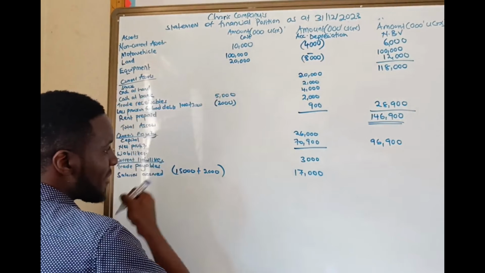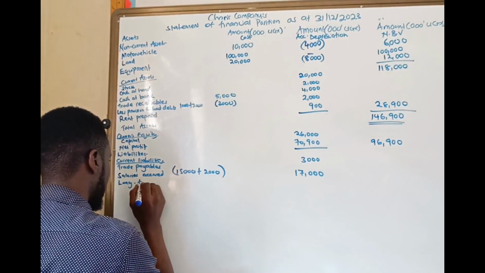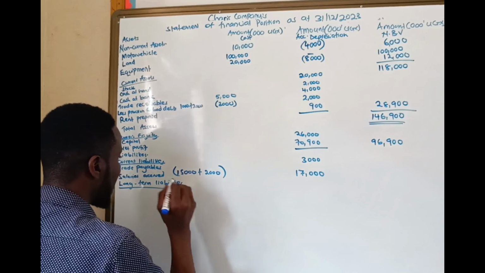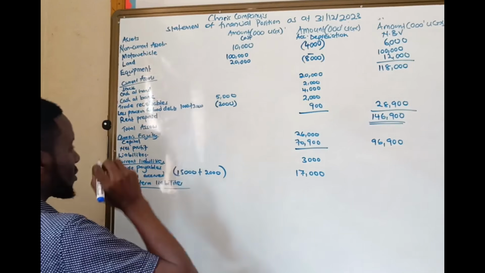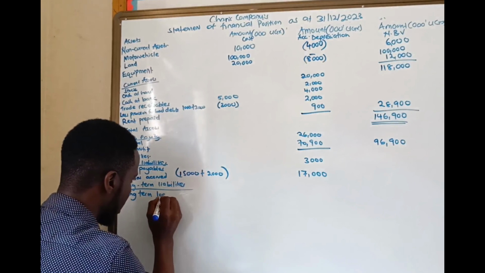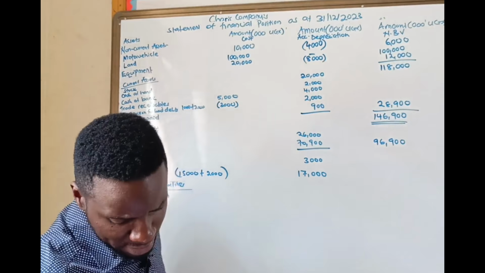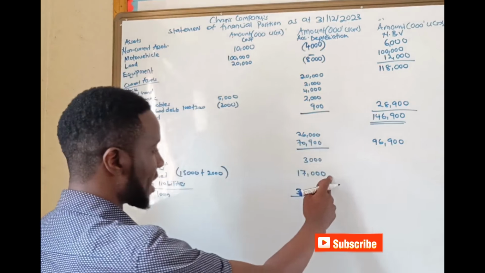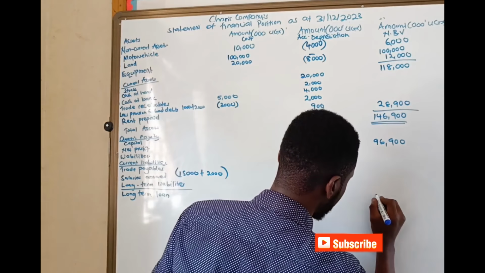Then we have our long-term liabilities. Now, when it comes to long-term liabilities, when you look in the trial balance, we have a long-term loan. That long-term loan becomes a long-term liability. So we come here and say our long-term loan was worth 30,000. So we bring here 30,000. So when you add this, this is 20,000, this is 50,000. Now, when we add our 50,000 to this,